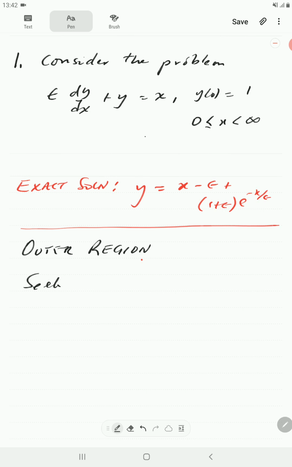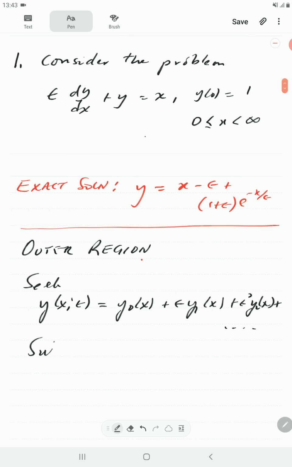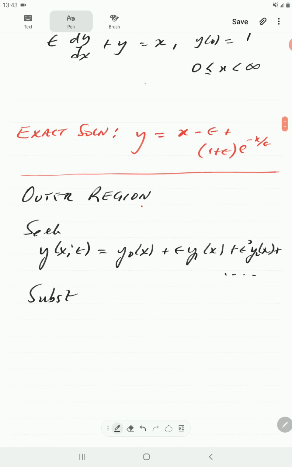So here we're going to look for a solution y equal to y0 plus epsilon y1 plus epsilon squared y2, etc. Now if we substitute this into the given problem and compare coefficients of powers of epsilon,